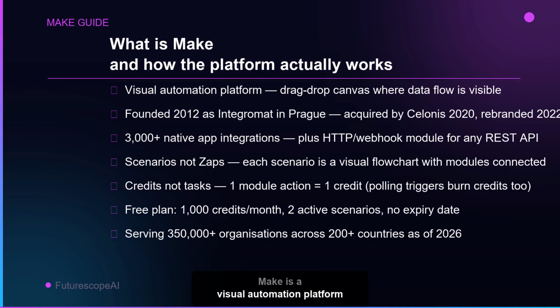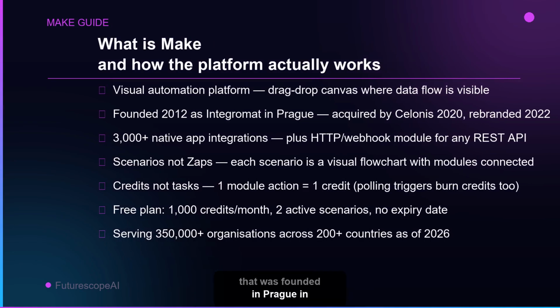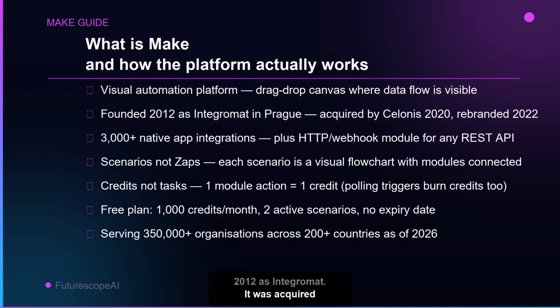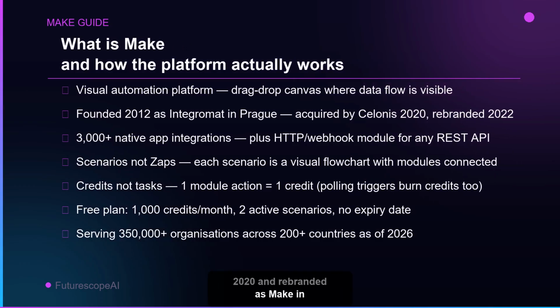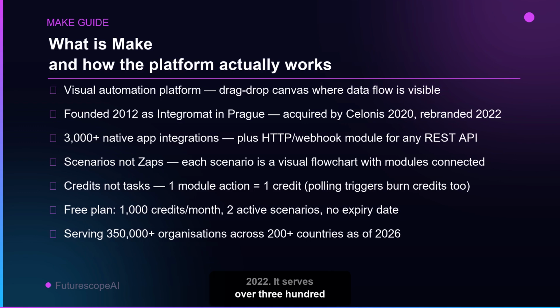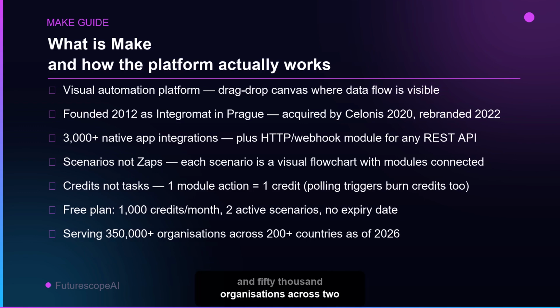Make is a visual automation platform that was founded in Prague in 2012 as Integromat. It was acquired by Celonis in 2020 and rebranded as Make in 2022. It serves over 350,000 organizations across 200 countries. The core concept is a scenario, a visual flowchart you build on a canvas by connecting modules that represent app actions. Unlike Zapier's linear list of steps, Make shows you data flowing from module to module in real time as